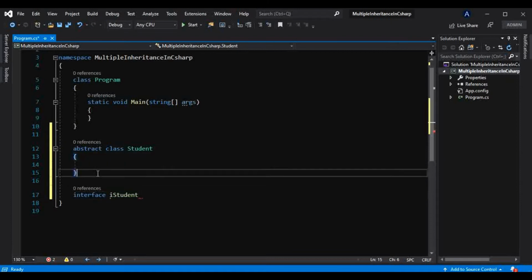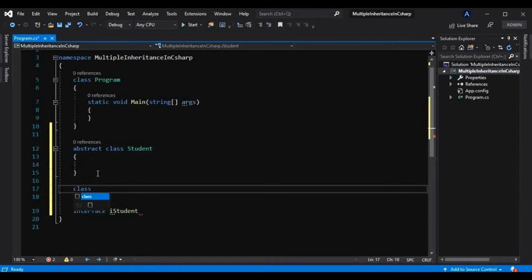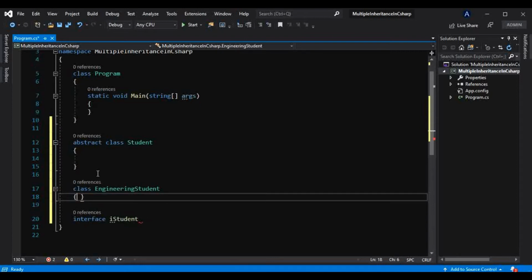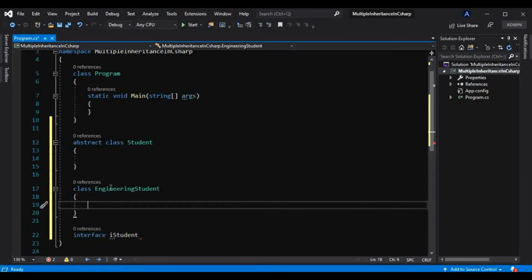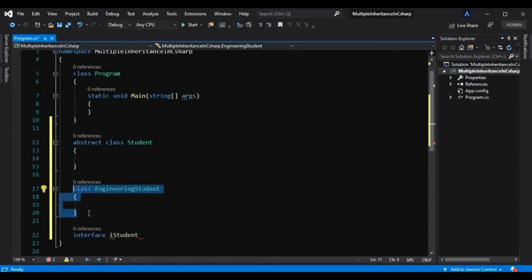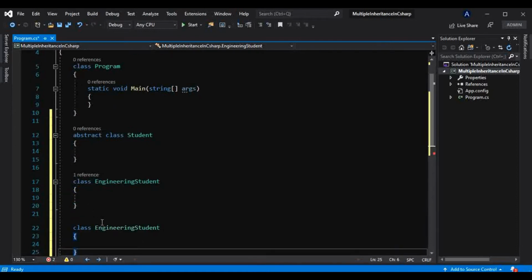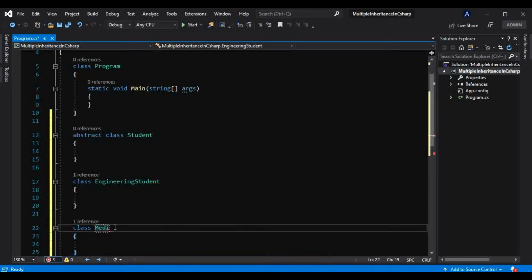Let's consider we have two other classes, class EngineeringStudent, the same example that we have seen in the previous tutorial. And we will take another class, that is MedicalStudent.